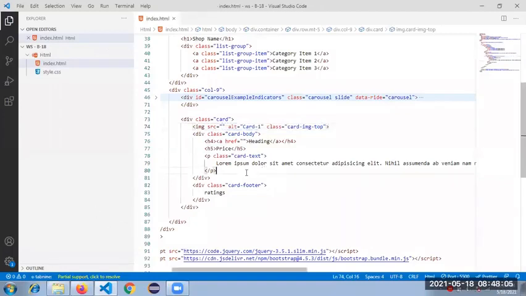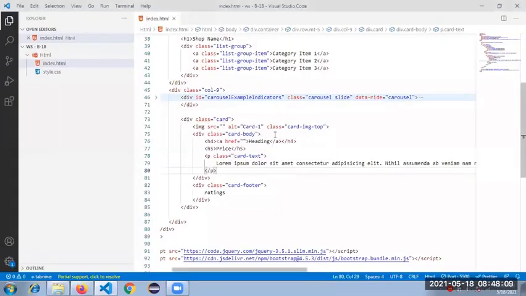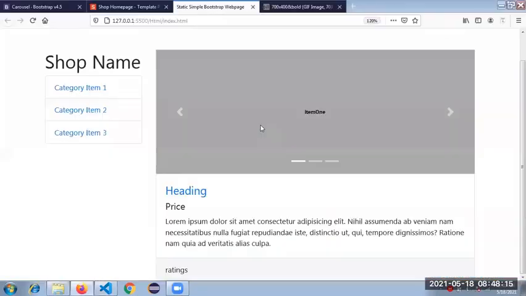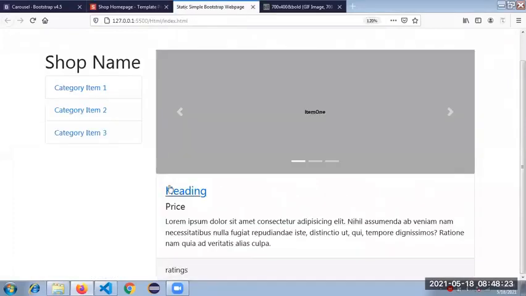Okay. So the other thing we need to take care of now: the card is ready, but the look and feel, the size has to become like this, right? The card size. So for this, what we will do, we will go here.